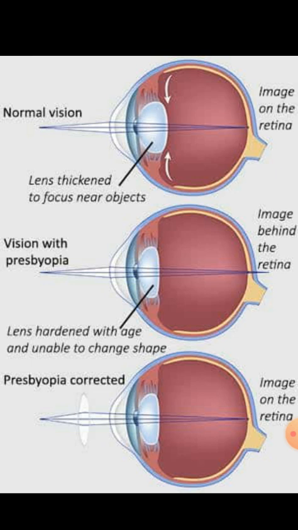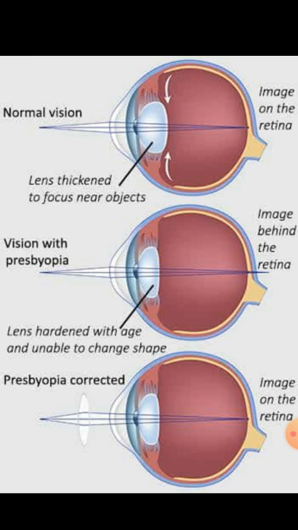There are two possibilities of presbyopia. In the first type, the near point gradually recedes away. So they find it difficult to see nearby objects. This can also be corrected the same way as hypermetropia using a convex lens. So we can say presbyopia is a special type of hypermetropia.